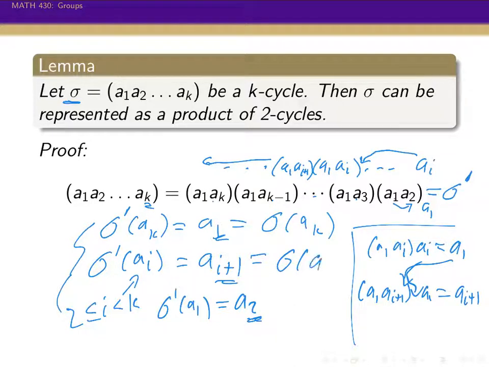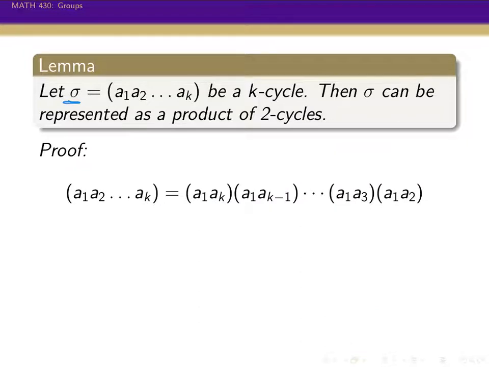And so if they're sending all the elements to the same place, then they must be the same permutation. And that completes the proof. Now, one thing I want to note,